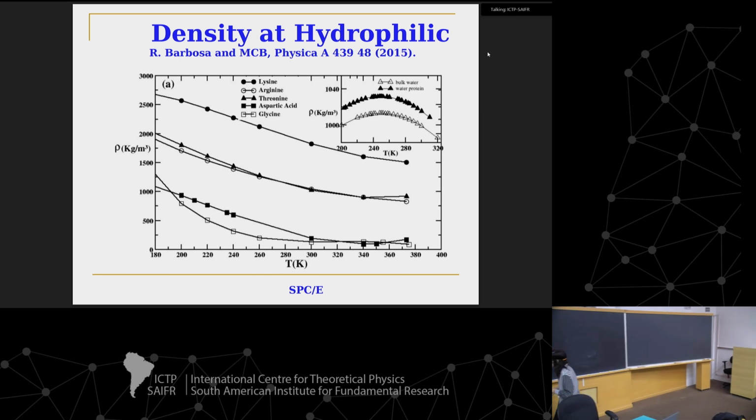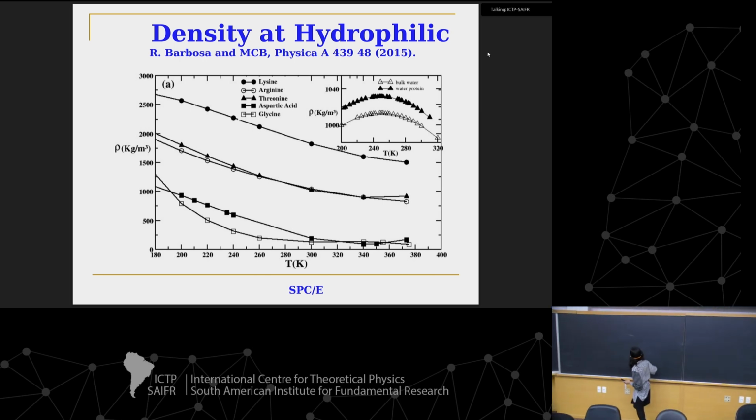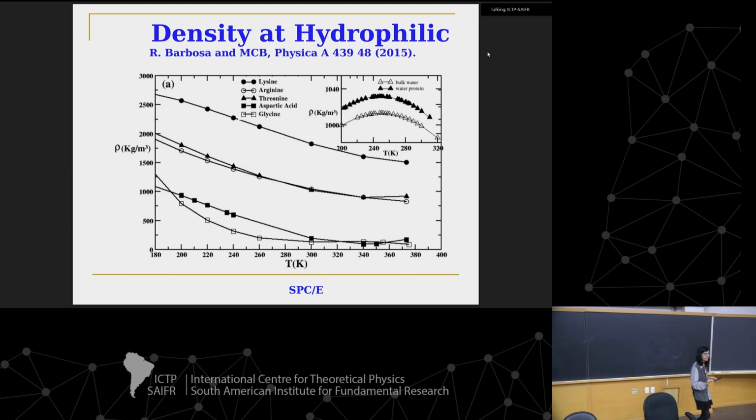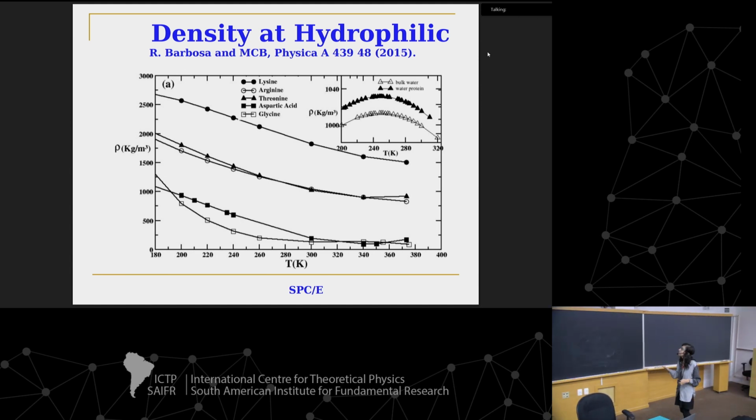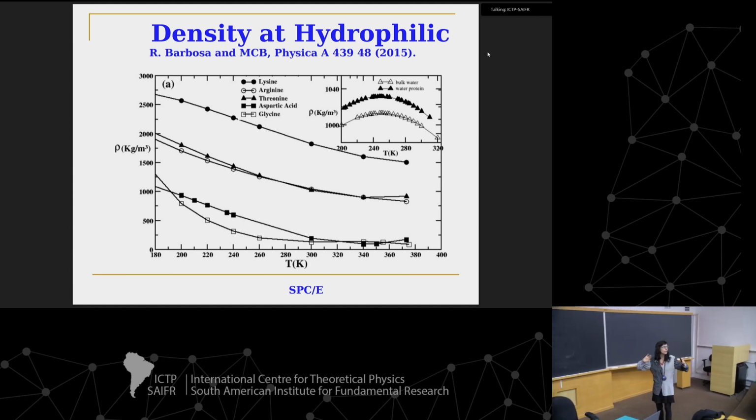So here's my protein. I take this distance from the protein, and I calculate the density at this layer. Arbitrary, but it's the same arbitrary for every one of the